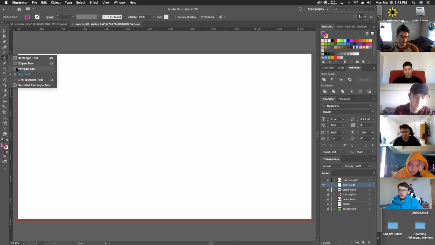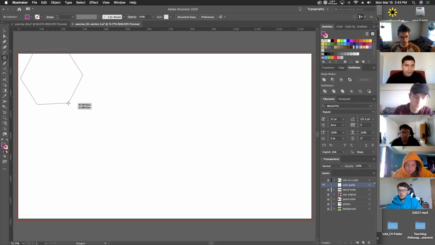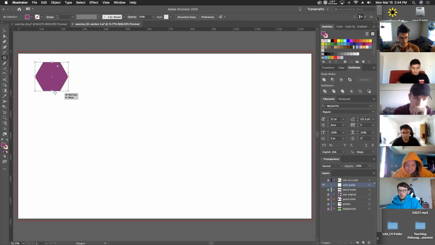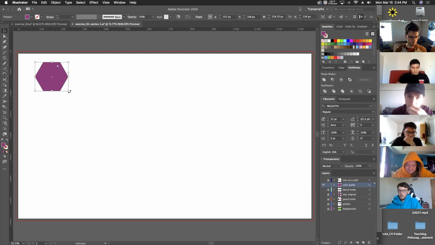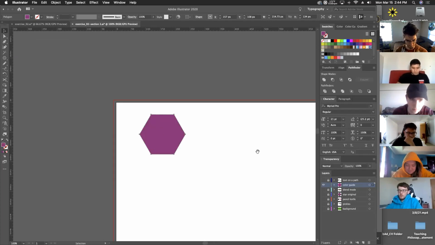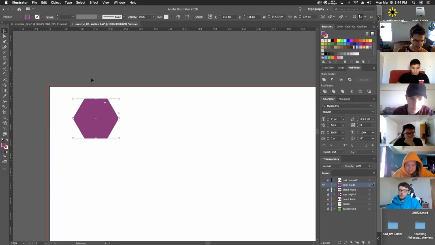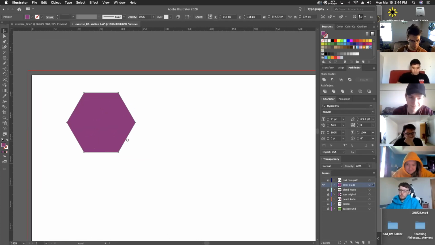How about the polygon tool? Let's get this bad boy out here. The polygon tool. And let's draw out this polygon. If you hold shift, it'll be a little bit more straight. Okay. And then once we have that, if we zoom in a little bit, so it's a little bit larger like this,